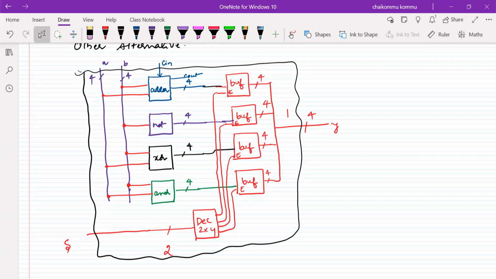So for the time being, I'm just going to write for the buffer only, because the buffer we have not written for the 4-bit size. So I'm writing the 4-bit size buffer, and then we have to call all these things from the previous lectures. Okay, fine.